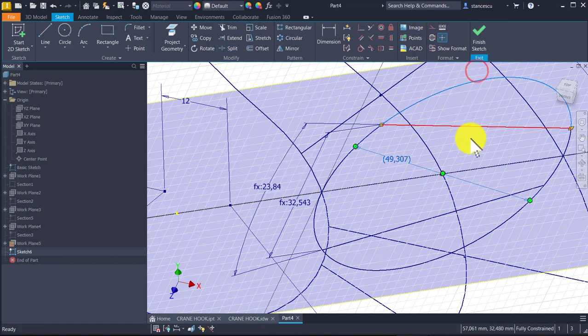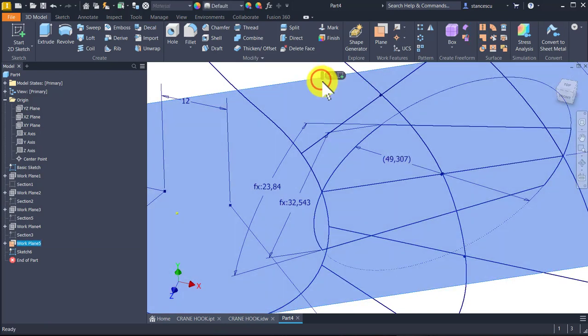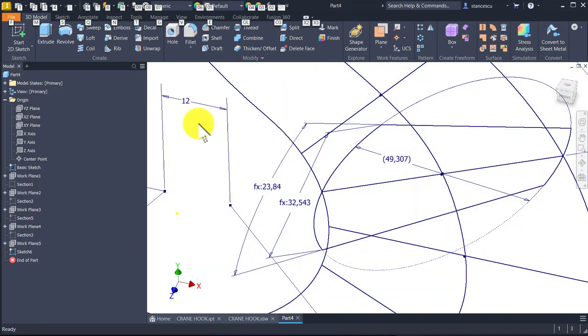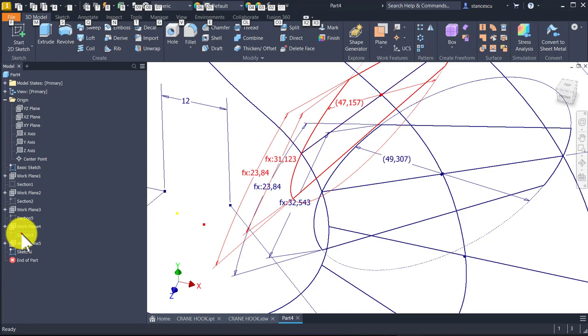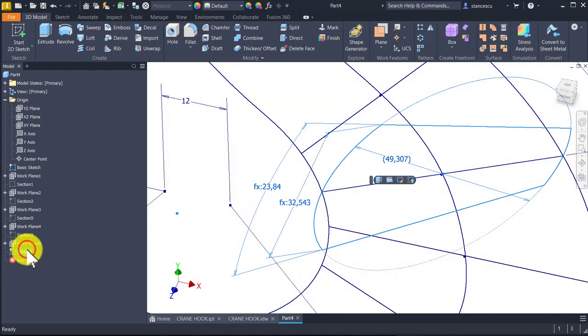Now this and this are construction. Finish sketch, select Alt V, section 4 is this one, section 4,